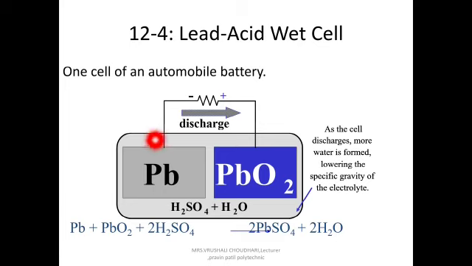So here the Pb plate is going to lose electrons. These lost electrons pass through the external circuit. Here the voltmeter will show you deflection as the electrons are passed. These electrons will move towards the lead oxide and be gained by lead oxide. When PbO2 gains electrons, it will form Pb2+ again, that is the reduction reaction, gaining of electrons.